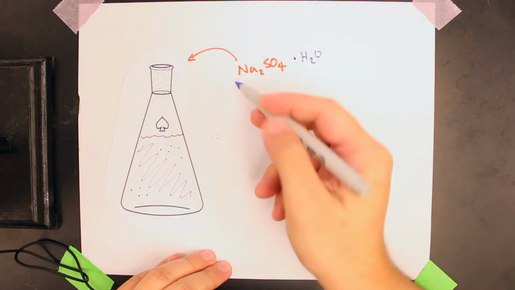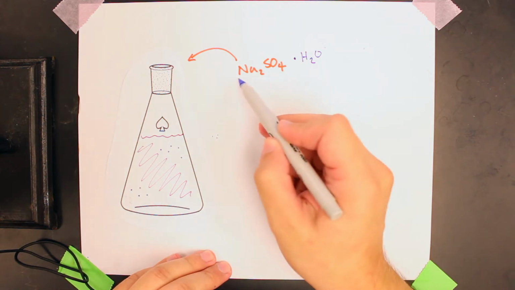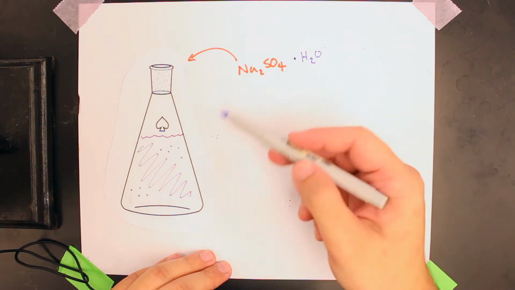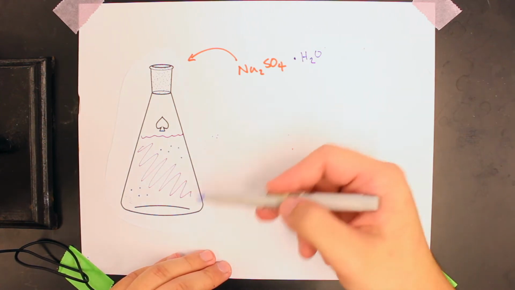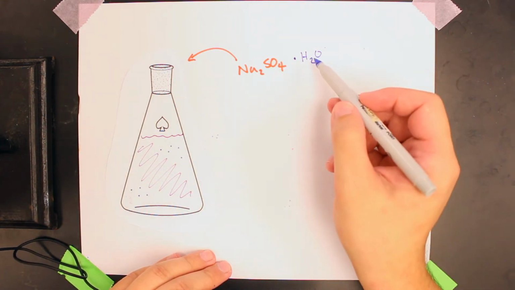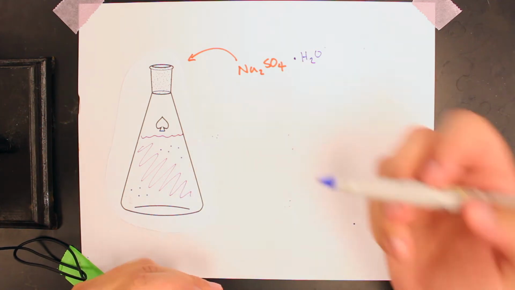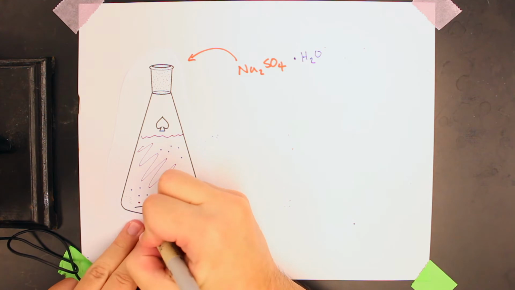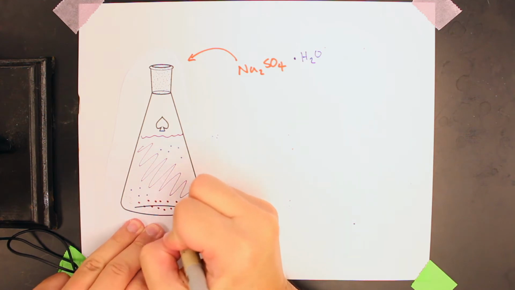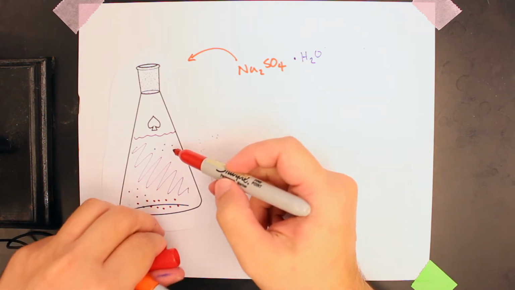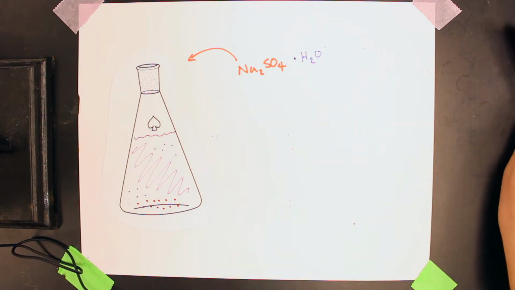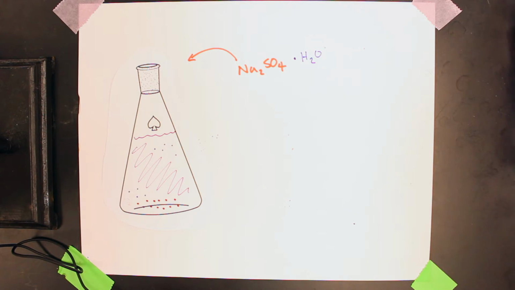So we're going to add this salt to the dichloromethane, and by the way, because sodium sulfate is polar, in fact it's an ionic compound, it won't dissolve in a non-polar substance like dichloromethane, but it will absorb the water. So once we add our sodium sulfate, it will settle to the bottom with all the absorbed water, and then we can decant and filter off the dichloromethane. So once that's accomplished, we can take our dichloromethane and put it onto a rotary evaporator and figure out how